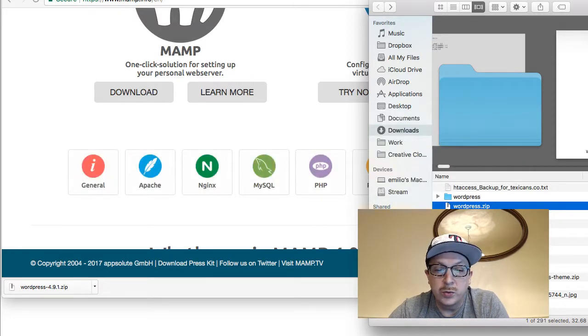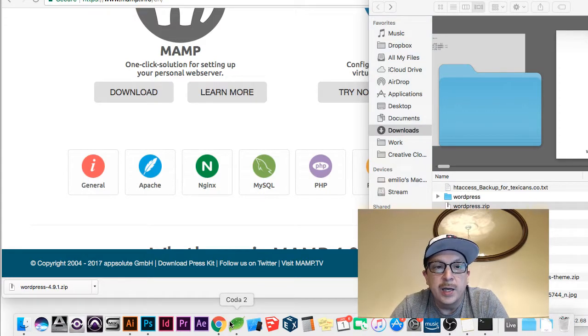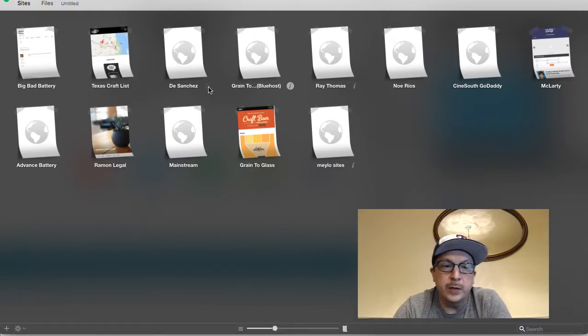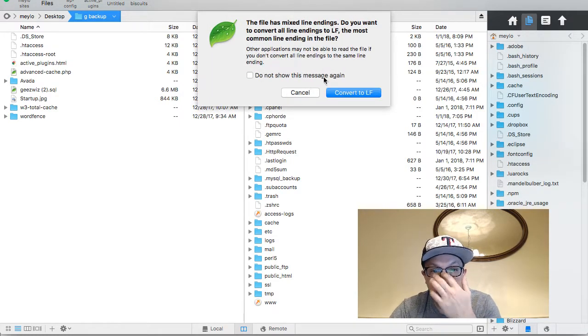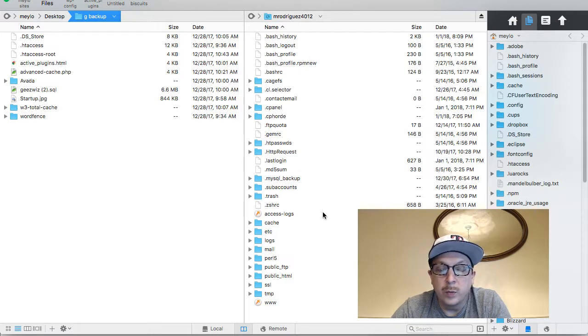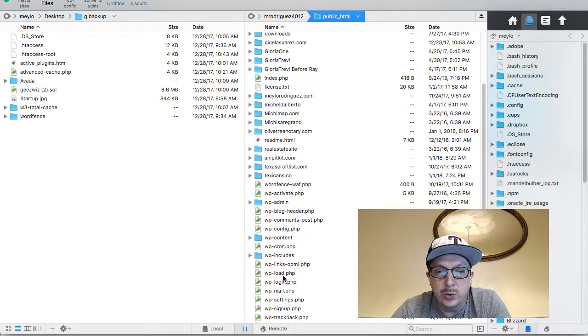What I'm going to do is use my HTML editor, launch that. I use Coda, and I've already set up a profile here that allows me to connect. Here are all my clients, but I have my own personal web server right here, so I'm going to go ahead and go into there and go into files. What we want to look for on our web server is this public HTML, and today I am going to